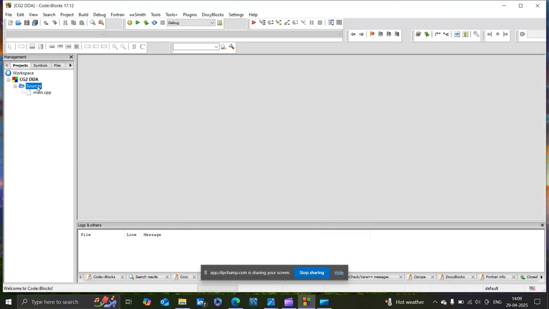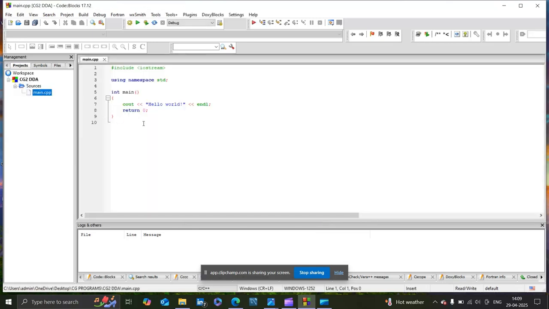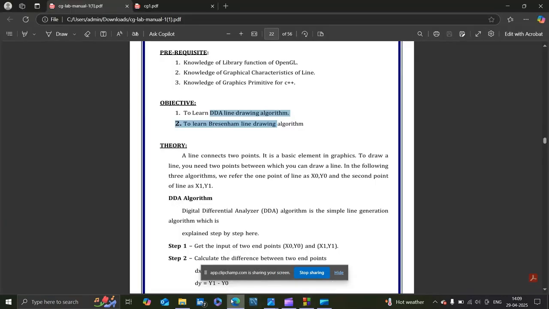In source files, double click main.c. Here is our place where we are going to execute our program. Over here is a basic program. Just press Ctrl+X, which will remove all. I'll be providing you with